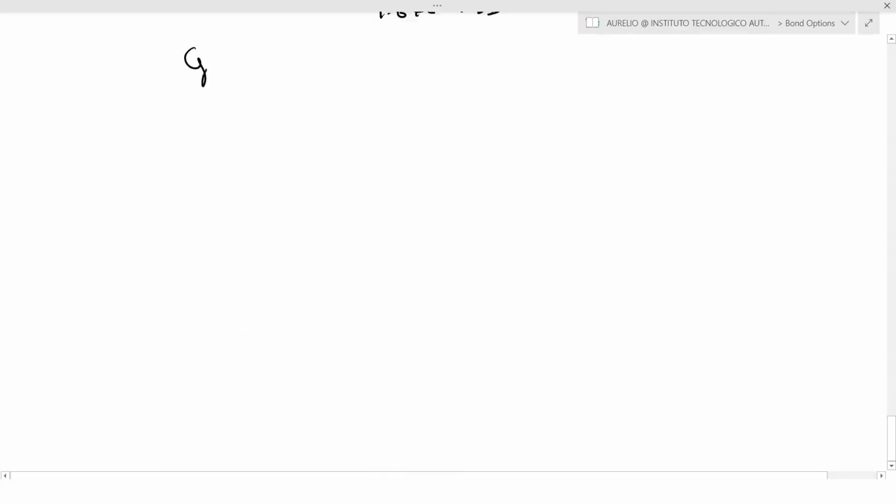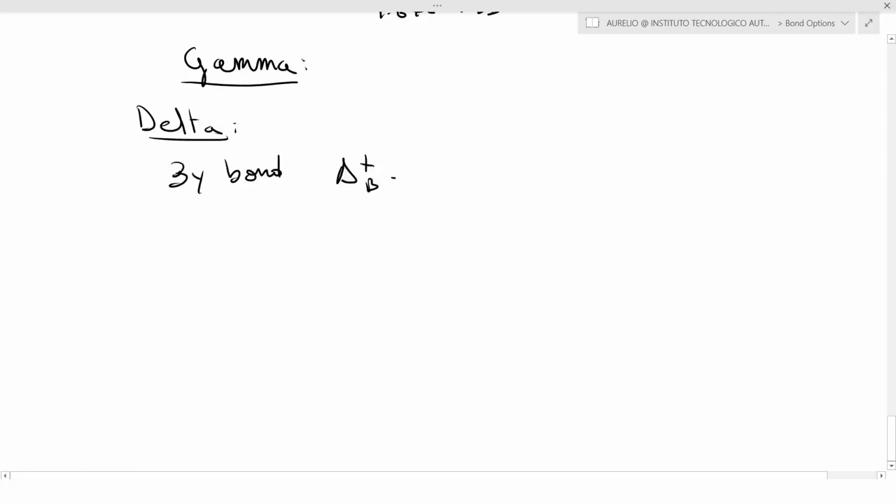0.00206. We're now going to compute the gamma Vasicek for the securities. So first we're going to compute the delta in the up and down scenarios. First, let's do the one for the 3-year bond. In this case the delta plus for the bond is going to be equal to minus (0.8839 minus 0.8324) over (12.34 minus 7), and then we get